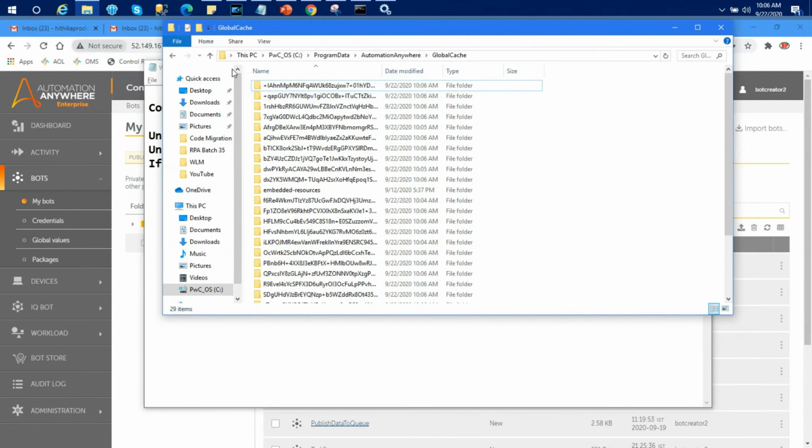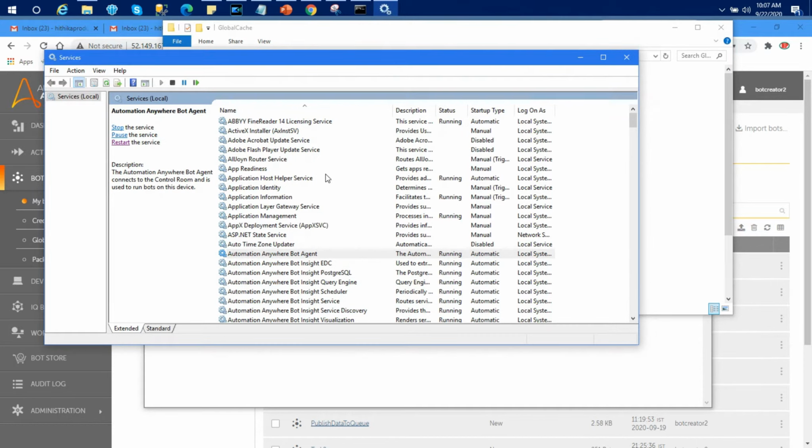So you can provide read and write permissions here, so that the bot can preload, or during the run, load the packages and download the dependencies to it. Once you preload the packages from the device, restart the device pool and restart the bot agent once, so that it's not going to give any trouble.